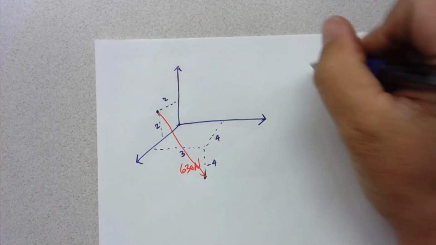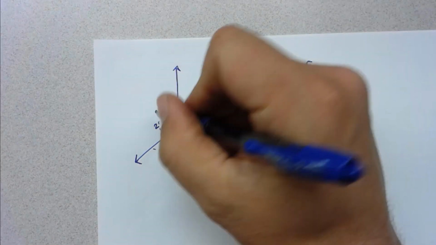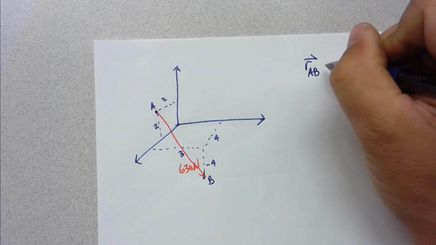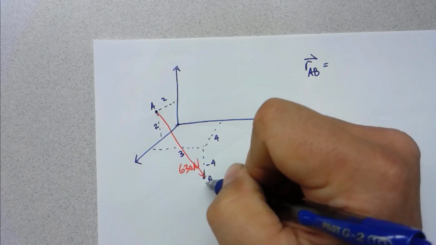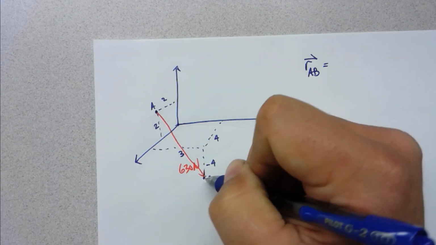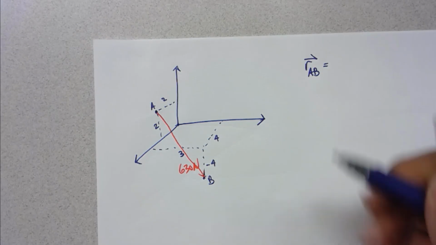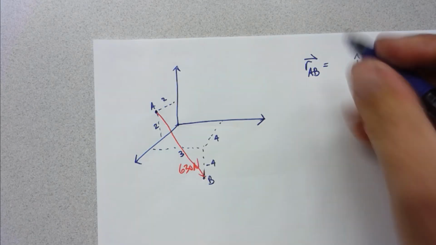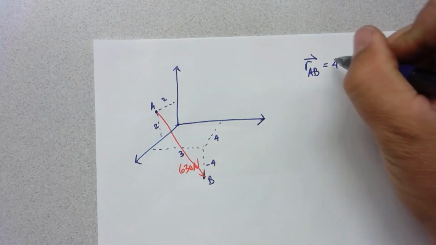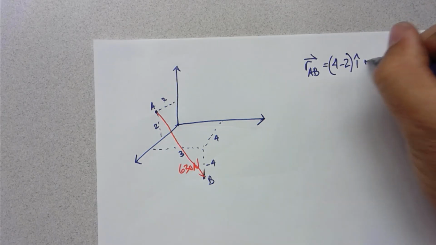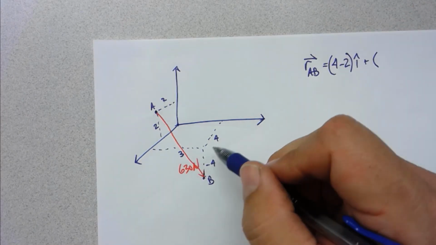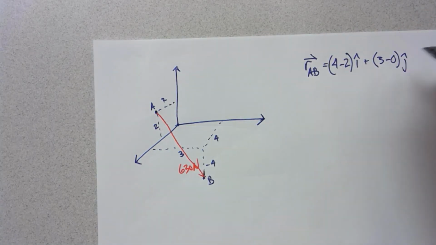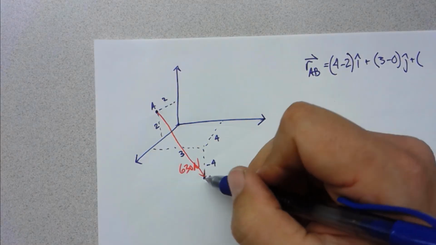So let's start with our position vector. The force is going from, I don't know what they labeled it, but I'm going to label it A and B, RAB. Our position vector is going to be from A to B, right? So we take the end point and we subtract the coordinate of the beginning point. So in the i hat direction, I have 4 here and I have 2 there, so 4 minus 2 i hat. Plus, in the y direction, I have 3 minus 0. And in the k hat direction, I have negative 4